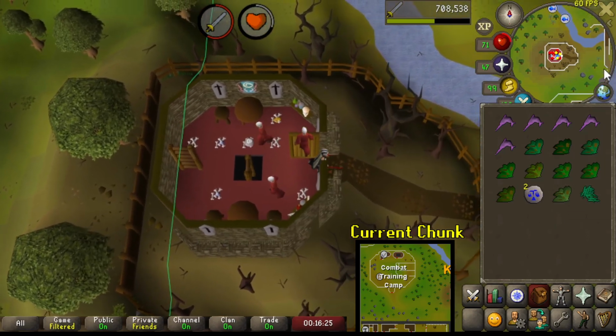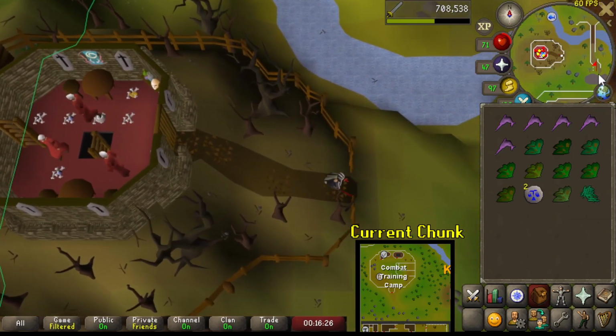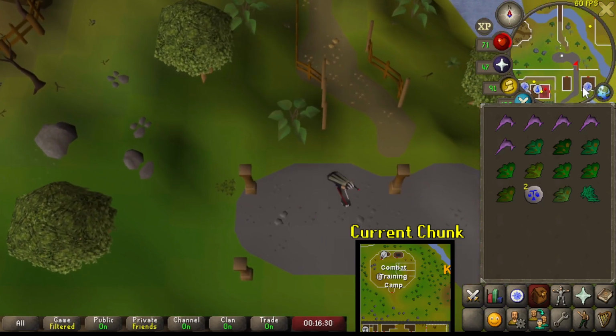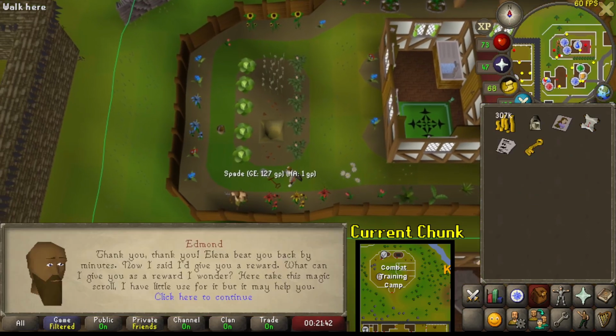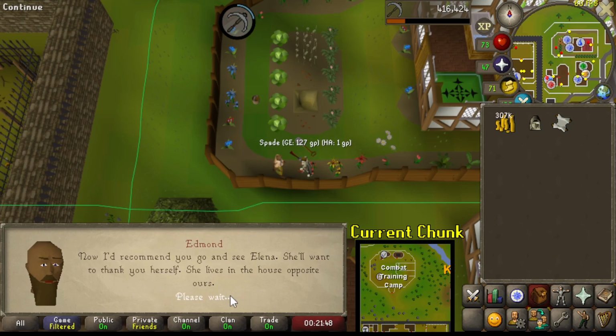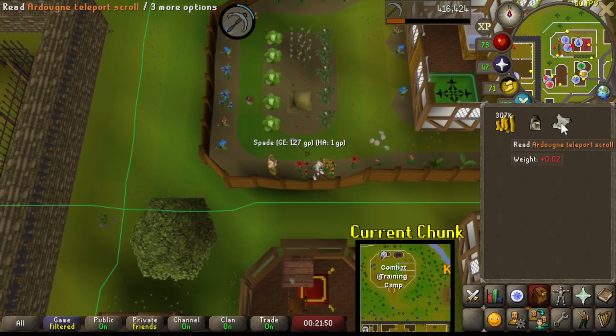So we'll go ahead and finish the quest, and yeah, I'll meet you at the end of the quest. Okay, we just need to talk here, and we're done the quest. Very nice. We now have the Ardougne teleport scroll, so we can teleport to Ardougne